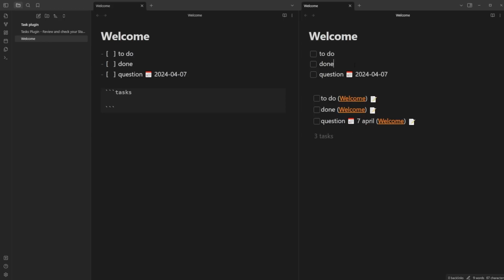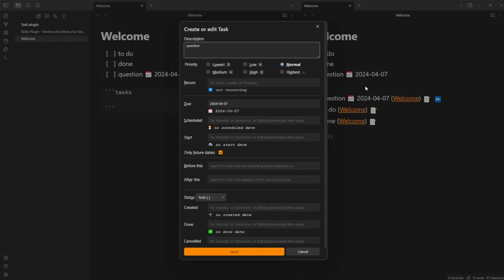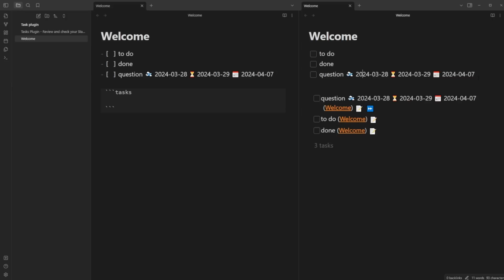I push enter, it adds it, and now I have a due date for the 7th of April. If I go Control-Alt-N to edit, there's the due date. If I add in a schedule date, so say it's going to be scheduled tomorrow, I'm going to start it today, so it's due on the 7th of April, I'm scheduling it, so I'm going to do it tomorrow, but I've started it today. Now I've got 3 different dates, I apply, and all of those dates have been added